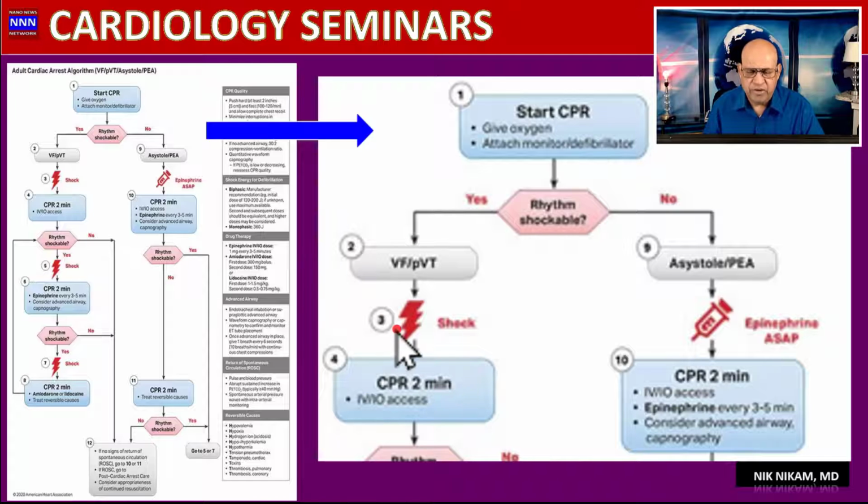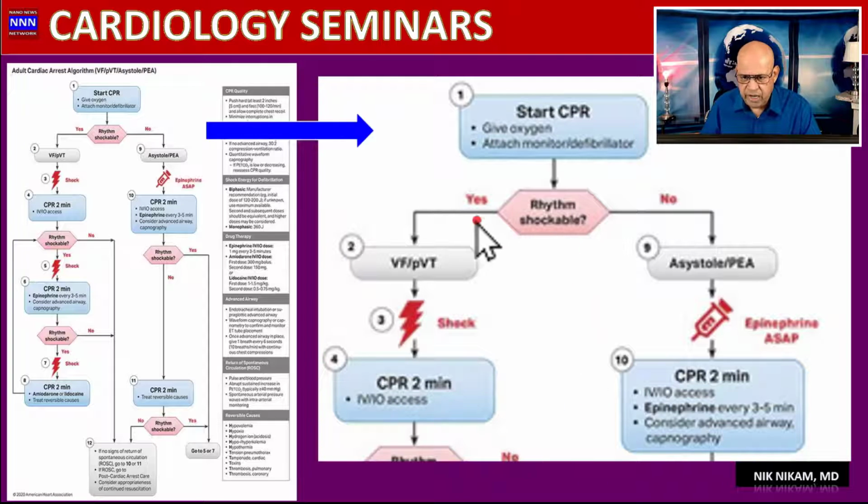So let's recap this again. You find a patient in a rhythm. You identify the rhythm and you feel it is VT or VF, which is shockable. If that is the case, you shock the patient. Then you follow that with 2 minutes CPR. If you are a one person, you do one person CPR. We're going to explain how it is done. If there is a second person, that person can start an IV access, but you do the CPR for 2